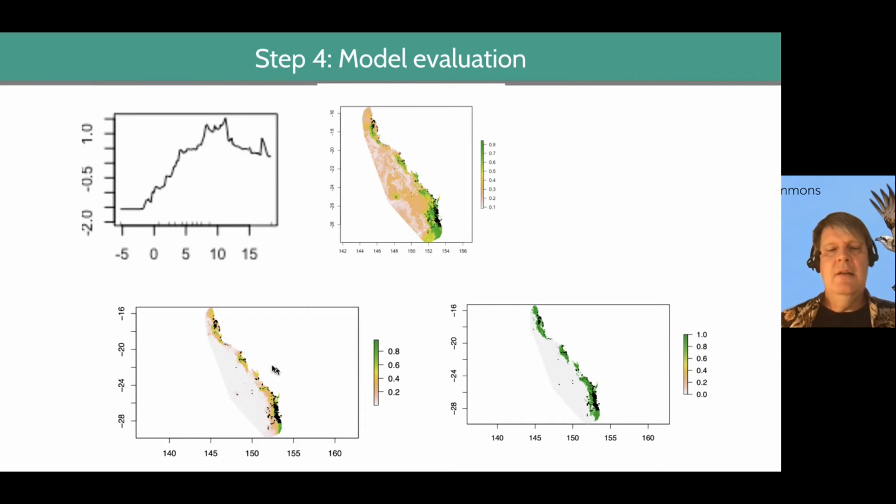And then, well, hang on, these are the results we got from the Maxent model. We could take those results and apply a threshold, which we've done here, and evaluate how those ones and zeros line up. The predicted ones and zeros line up with the actual ones and zeros, right? And then we can see we got a better F1 statistic with BRT than we did with Maxent. We might go with BRT. So that's one way to evaluate